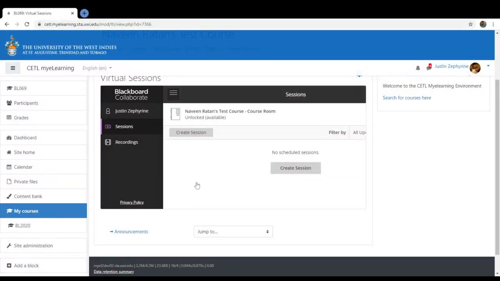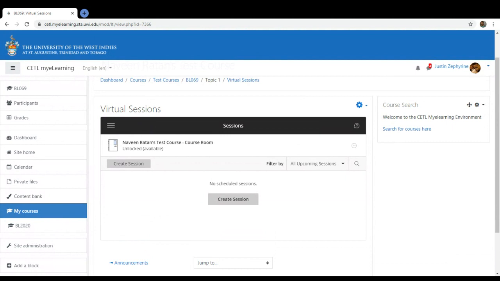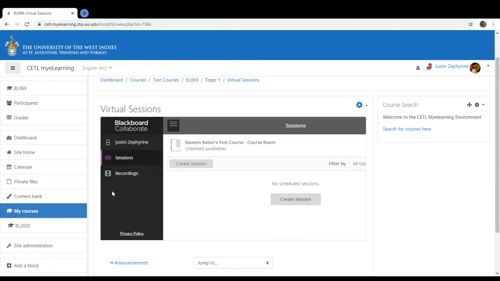All right, so to get this menu, let me just back up a little bit. Click on the three lines you would see right under virtual sessions. These three lines here, it's a very subtle thing, so it's easy to miss, but click on it. And you would see a floating menu appear on the left with your name on the side here, and then you will see sessions, which we'll create in just a bit, and you'll see recordings.